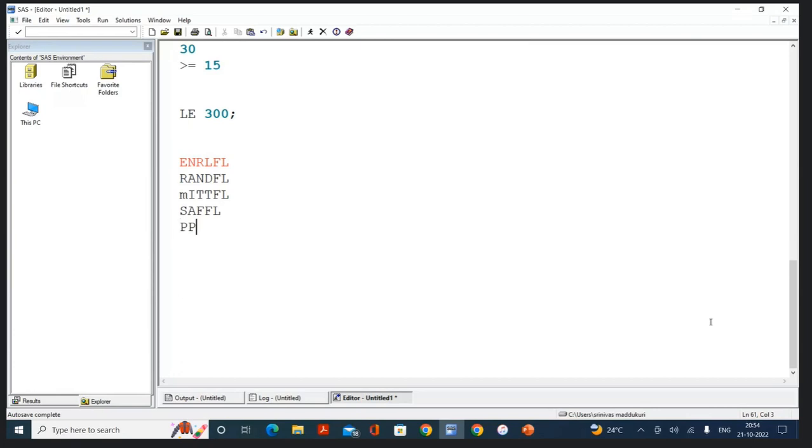And then we are going to have per protocol, PPROTFL, per protocol flag. If the subject has successfully completed the study without any deviations. So if a subject has an observation in the DM domain, and doesn't have an observation in the DV domain, that means the subject has successfully completed without any protocol deviations.